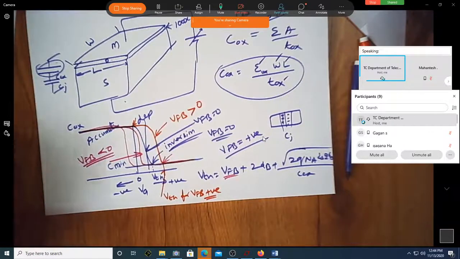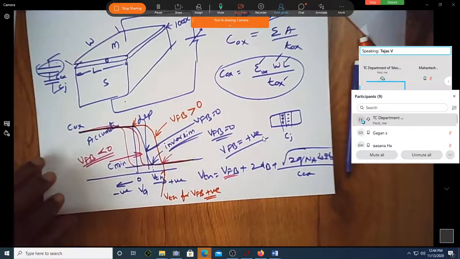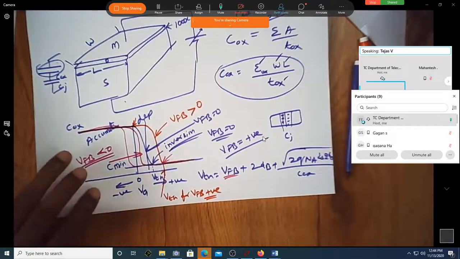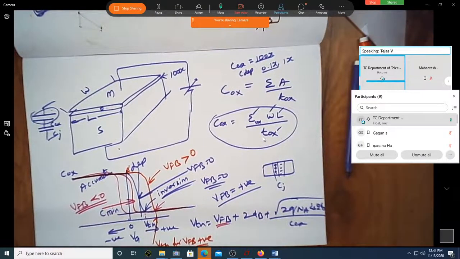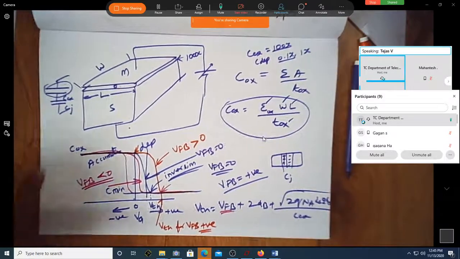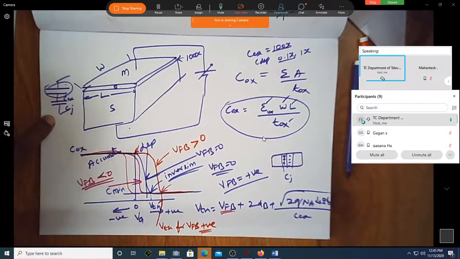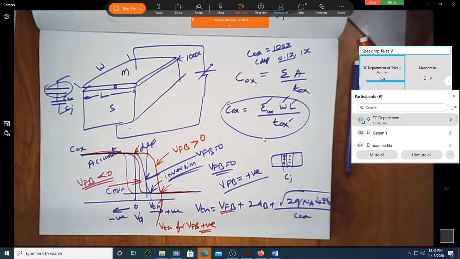Done? Yes, sir. Sir, what is the value of C min? C min will be almost equal to Cj in parallel with Cg. Of course, whenever you have a very small value coming in series with a larger value, the effective value will be lesser than the least one. Just like resistors in parallel, the effective is lesser than the least one. Here it is just the opposite. If the capacitors are in series, the effective capacitance is lesser than the least capacitance. In this case, it is lesser than Cg.